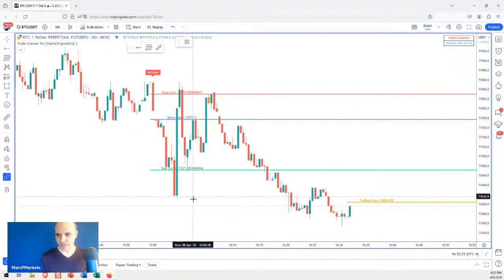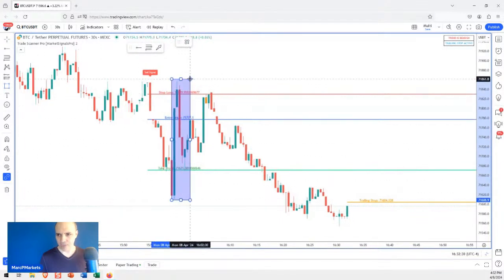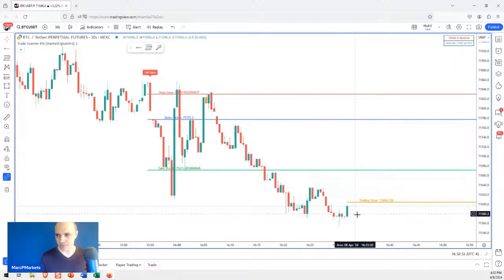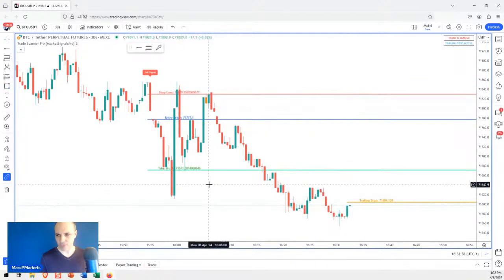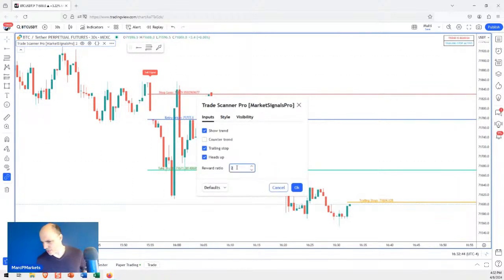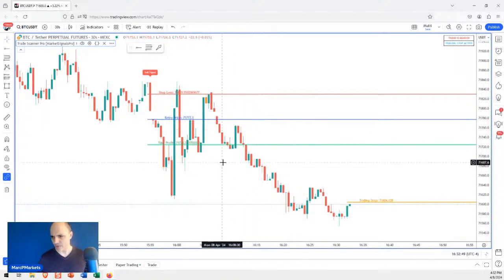Look at this. It went to the take profit. It came all the way back and touched the stop, and the trade is still open. And the trailing stop followed it all the way over here, which is about to get touched. But these lines right here are probably set at 2-to-1. Let me see if I change this to 1-to-1. Do they change? No, they don't. Yeah, they do change. Look at that.